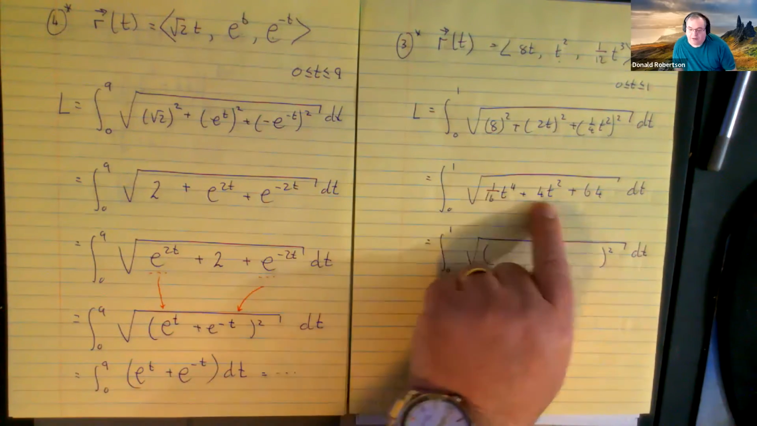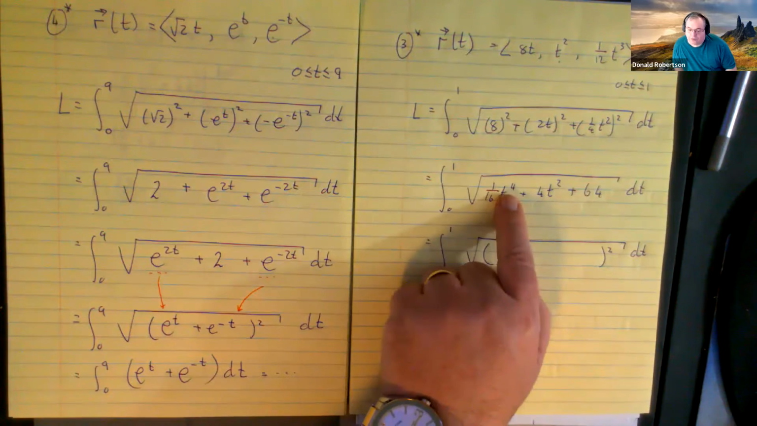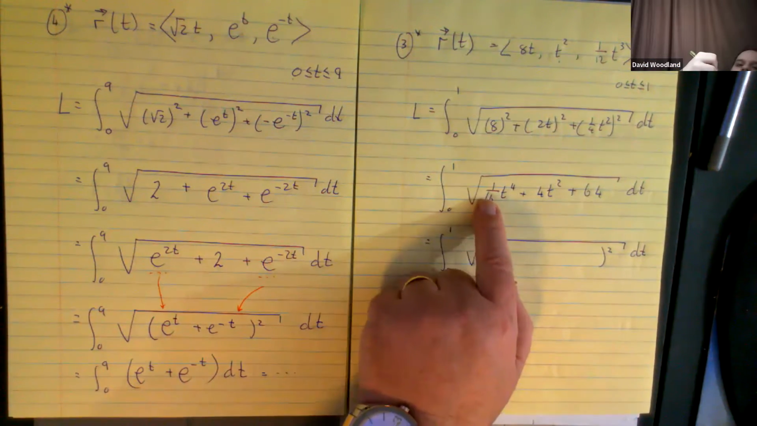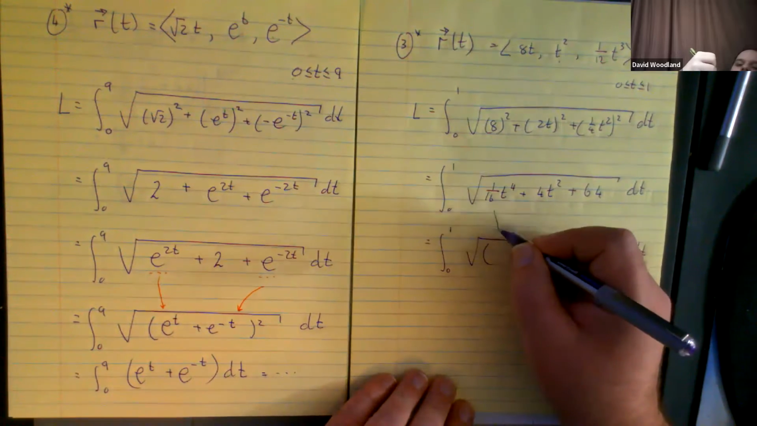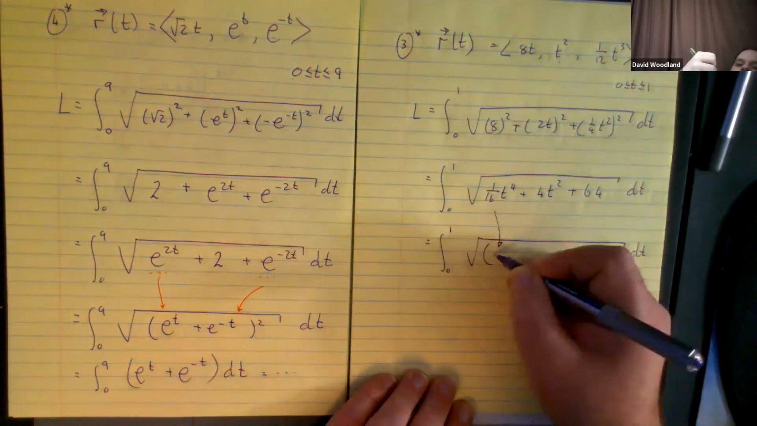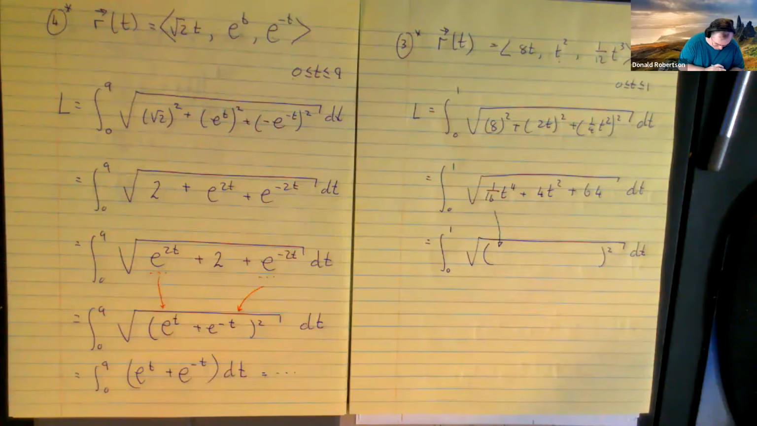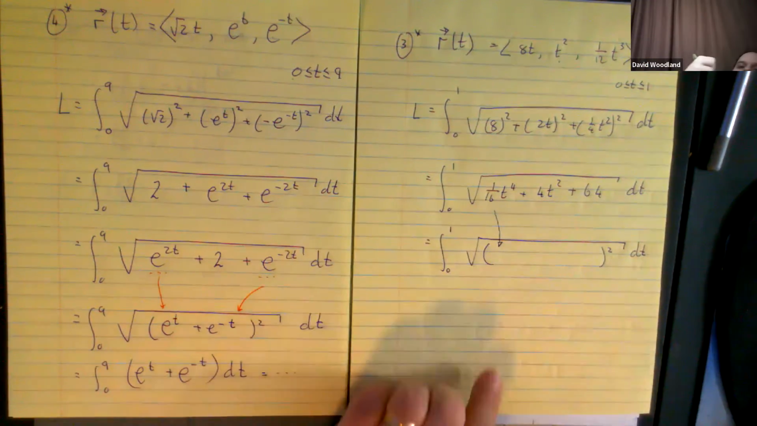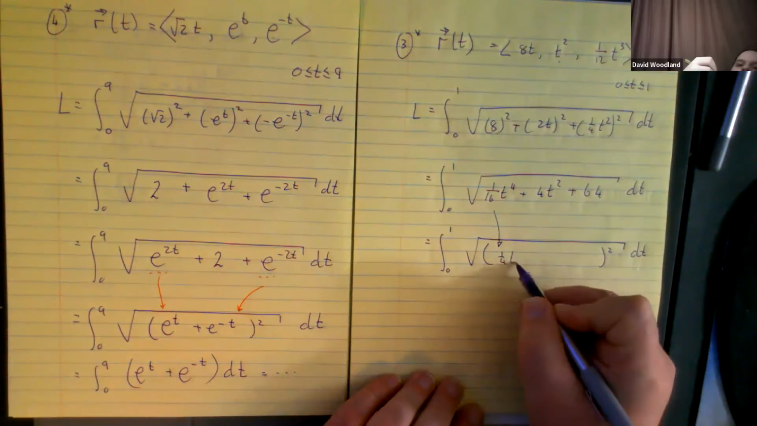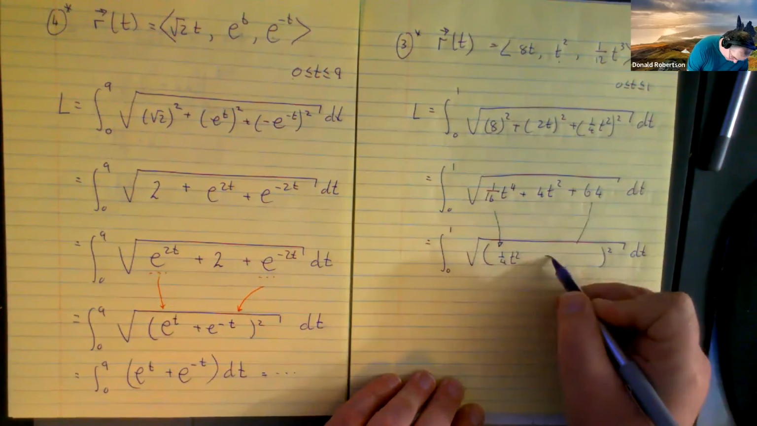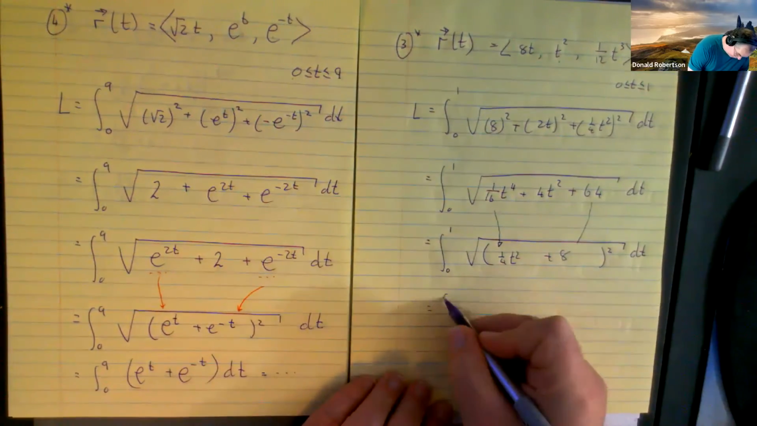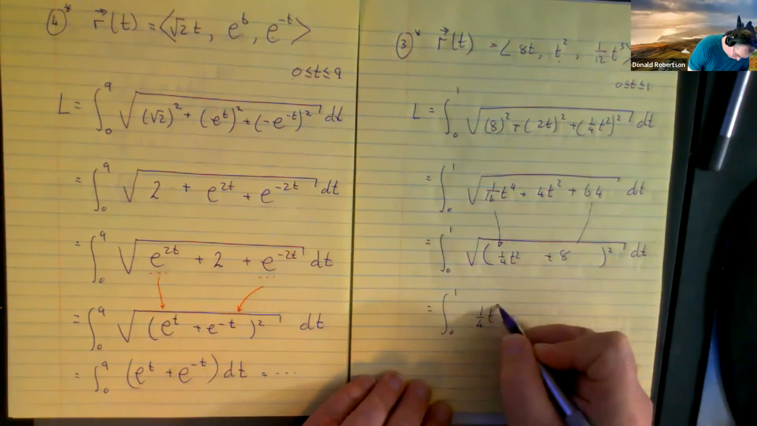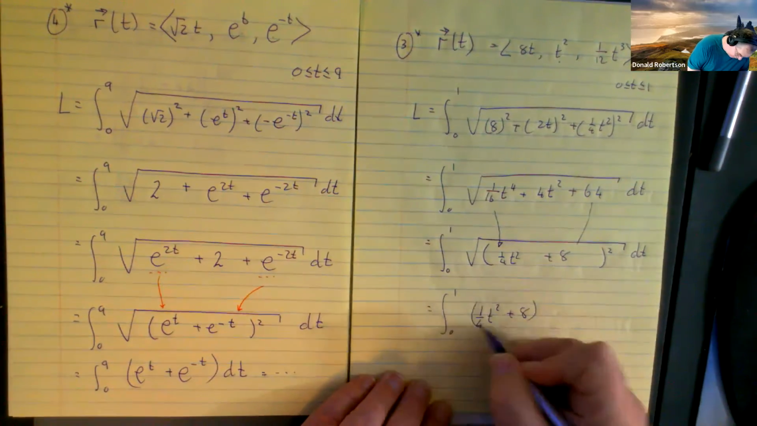This guy and this guy, right? Notice they're in order. In this case, t to the 4, t squared, and the constant. Okay. What goes in here? 1/4 t squared. Great. And that one's easy. Add 8. And so you end up with the integral from 0 to 1 of 1/4 t squared plus 8